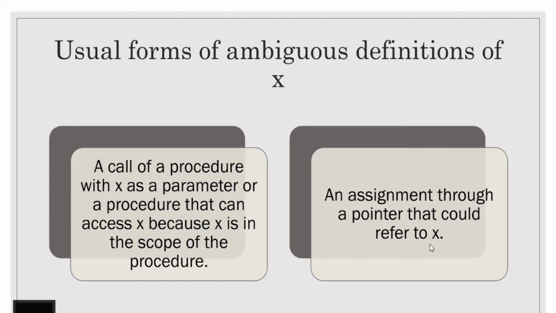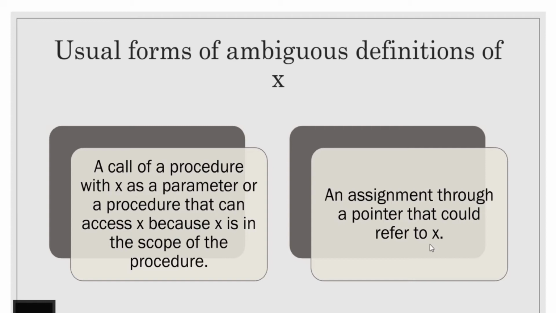If it is possible that q points to X, we must assume that an assignment through a pointer is a definition of every variable. We say a definition D will reach a point P if there is a path from the point immediately following D to P such that D is not killed along the path. That is called reaching definition. The definition should be carried through all the blocks.